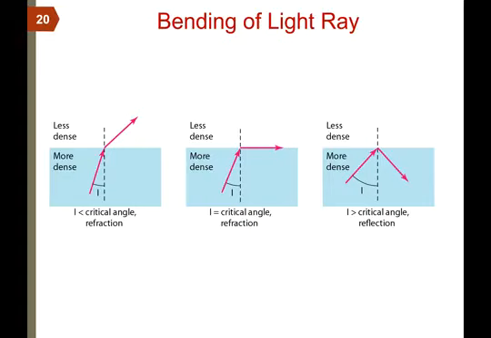So the fiber optic cables work on the concept of bending of light rays. If you have two materials, one dense and one less dense, in this case this is the dense material and this is the less dense material. If you have a source of light and you shine it at this angle, then when it reaches the boundary